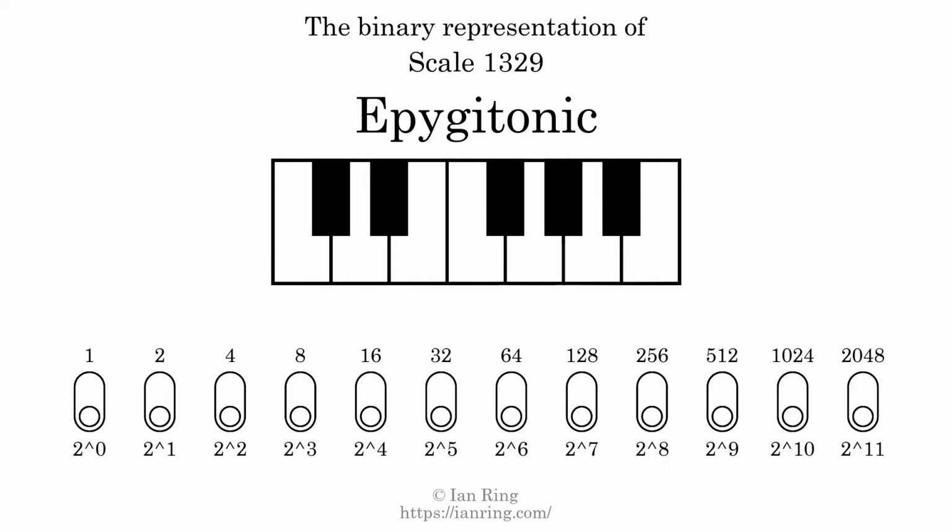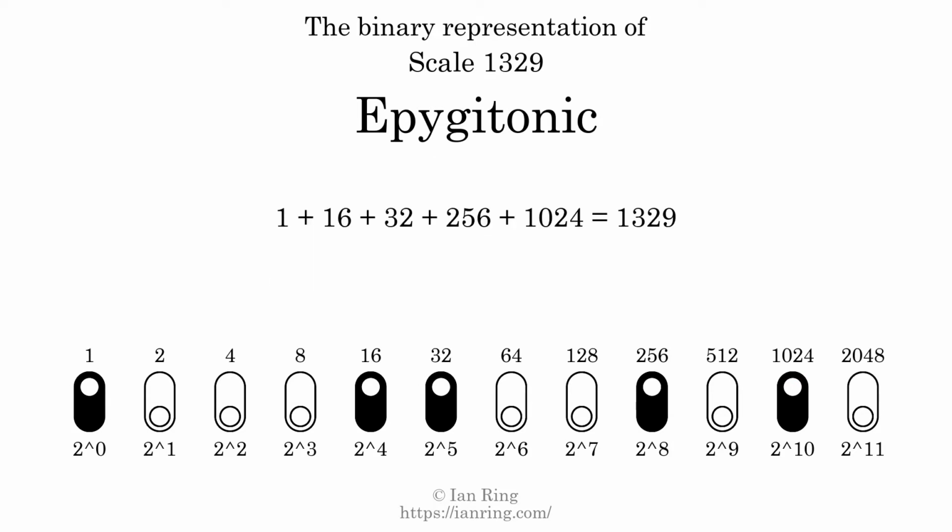The binary representation of this scale is determined by mapping tones of the scale to binary digits. Each binary digit represents a power of 2. To get the scale number, we add the powers of 2 together. The powers of 2 that are present in the scale, all added together, equals 1329. That is why the scale number, in decimal, is